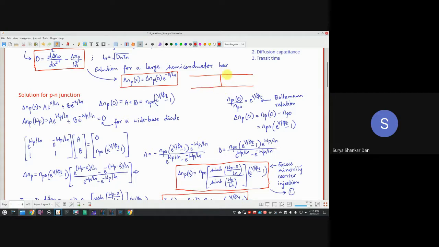So this is a wide base diode. That means it's a much larger diode here. It's a long channel. We usually reserve the word channel for MOSFETs anyway, so this is a long device. Let me just put it on this side and then we shall try to draw. If it is a very long device, then our situation is something like this. I'll put the axis here. Just keep in mind that here is the depletion boundary. Okay, now.